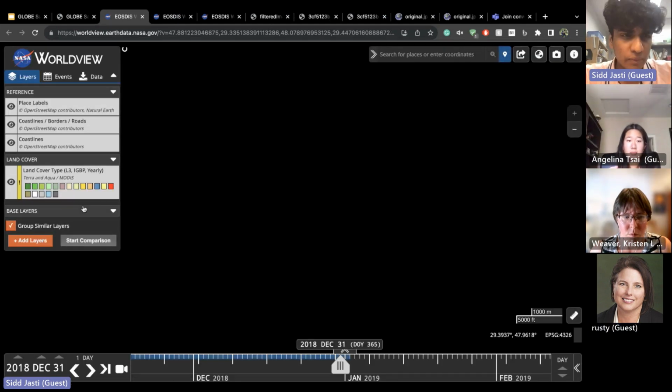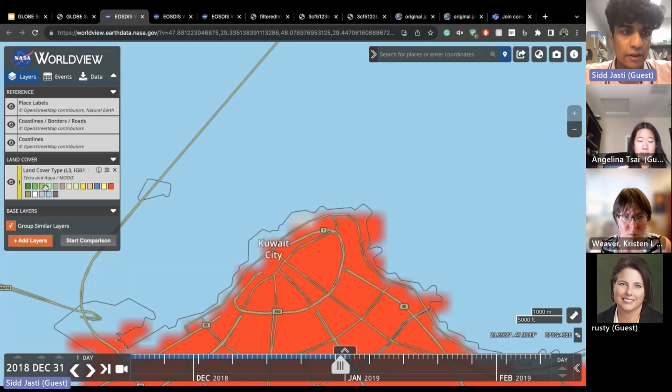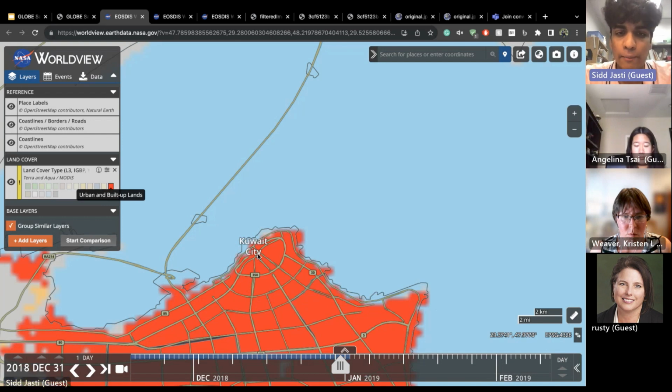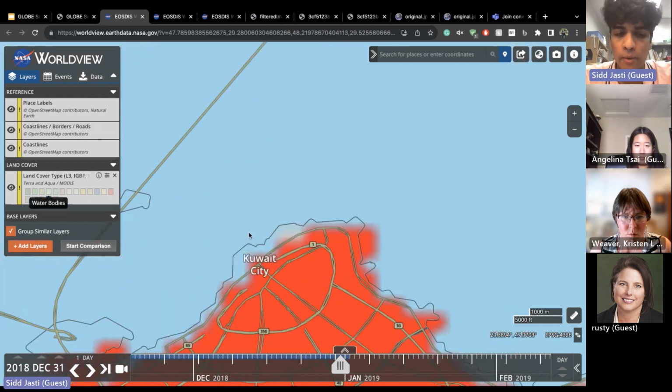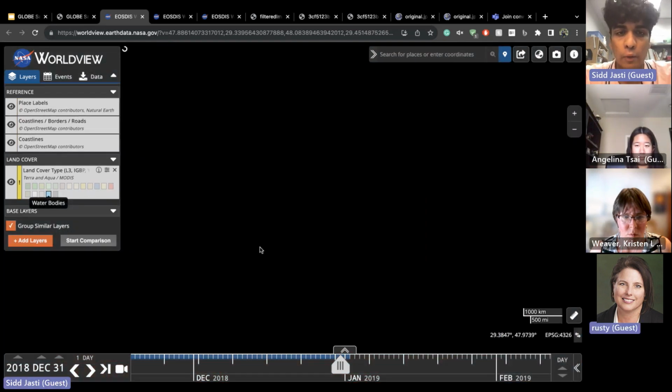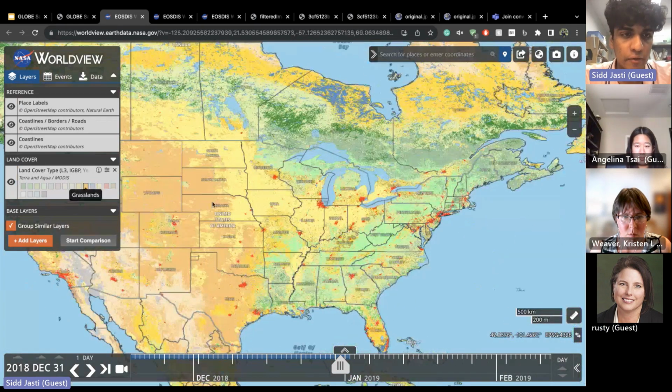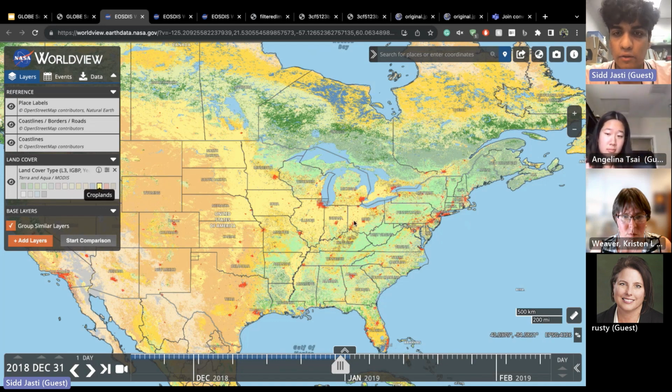So it loads. You see that's the layer here, and it has the different land cover types on the left. This is where it was taken. My test table was taken from Kuwait. That was some observation taken from Kuwait. But we can zoom out and go anywhere in the world, and you can see the different land cover types. So it really encourages the user to experiment with this database and tool and just mess with it and get used to it.